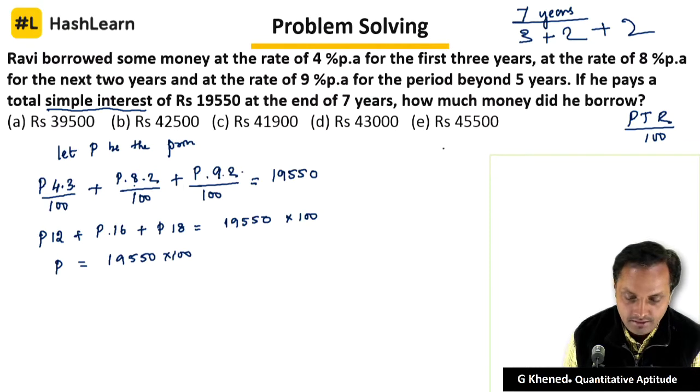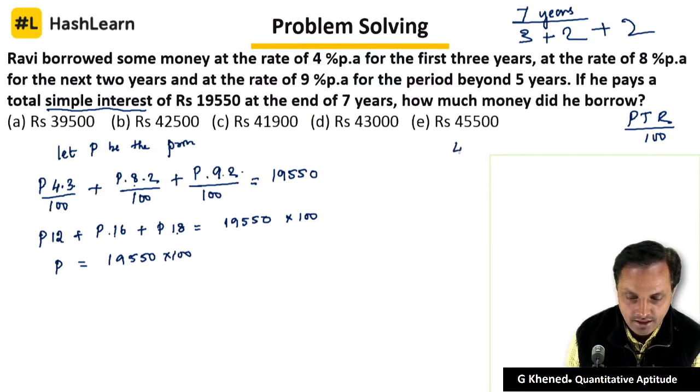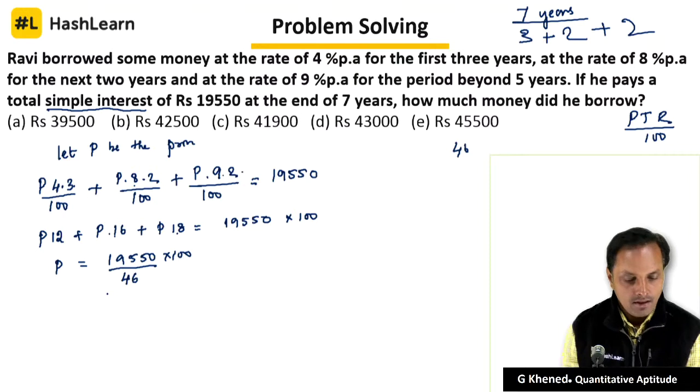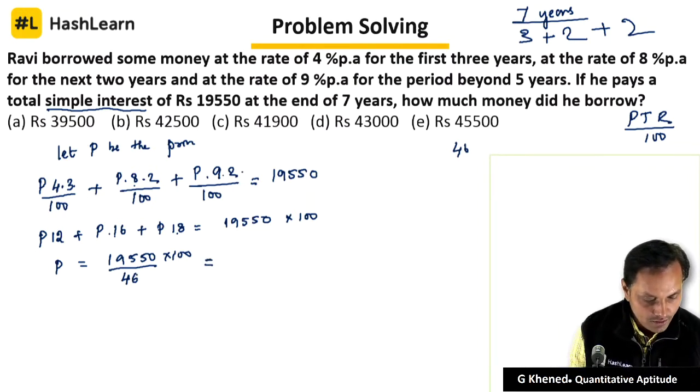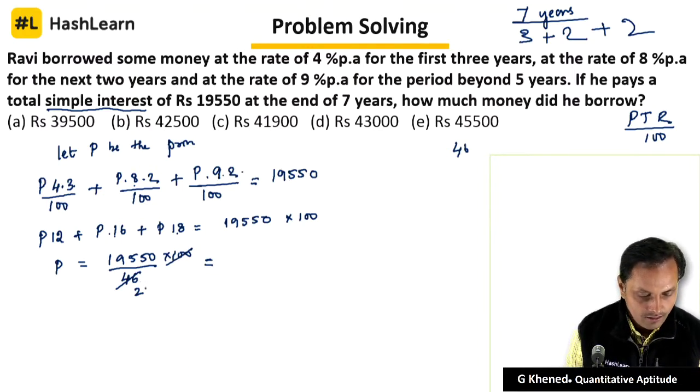What is 18 plus 12? 30 plus 16, it is 46. Once you divide this, it goes into 2: 2 2s are 4, 2 3s are 6. Again this also will go into